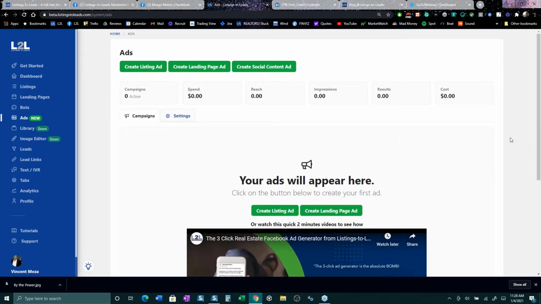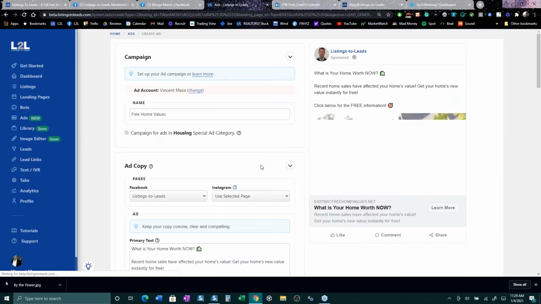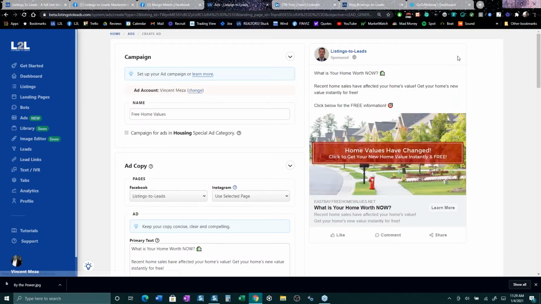I'm going to do one other thing, and the next button is create a landing page ad, right? So maybe you want to create a landing page ad for free home value. Let's go do that real quickly, right? Create an ad, use the lead form so that you get the pre-populated phone numbers. Now, this here is generic. This comes right out of the system, and frankly, in my mind, it's not a solid thing to be doing. It's not the best thing you can be doing. So let me